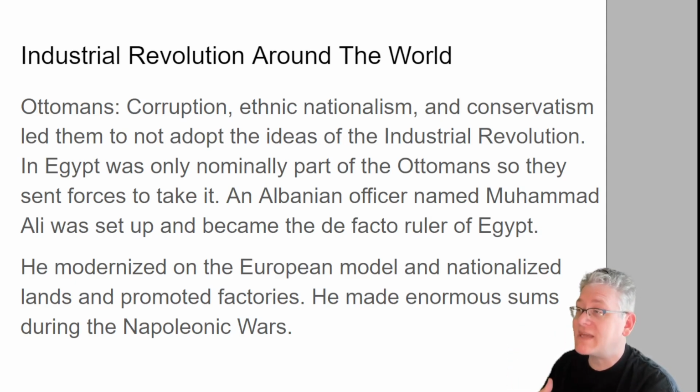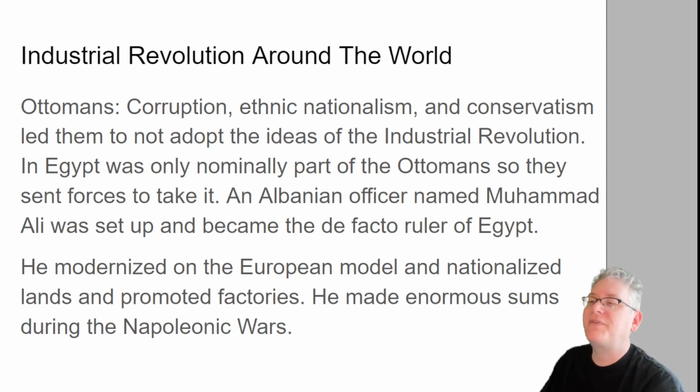However, we do have an example, sort of in the Ottoman Empire, that clears this up. Okay, in Egypt, which was a part of the Ottomans technically, but not really. It had gained independence over time. The Ottomans will send new forces to take control of it, and instead, this Albanian officer who took over, whose name is Muhammad Ali, really becomes the de facto ruler of Egypt. So the Ottomans send a new force led by Ali, but instead of bringing Egypt under the Ottomans, he really just keeps it for himself, essentially.